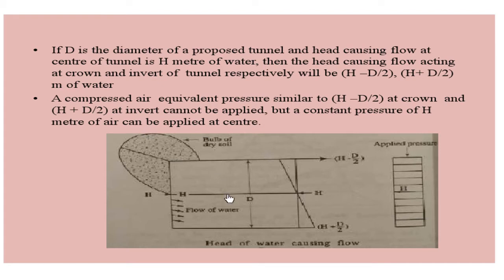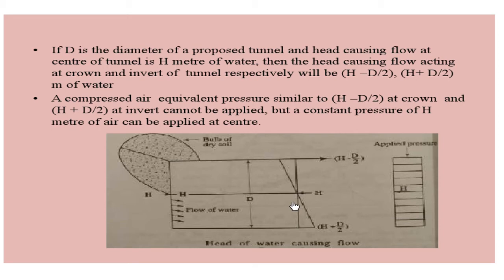So what we are actually doing here: we are going to construct a tunnel in a water bearing strata. The main problem is that water may enter inside, and that water may carry some soil particles. We have to stop the water flowing inside the tunnel. So what can be done? Our method is to apply compressed air opposite to the flow of water from all sides, from the sides, from the top portion, from the bottom portion, where water could possibly enter.